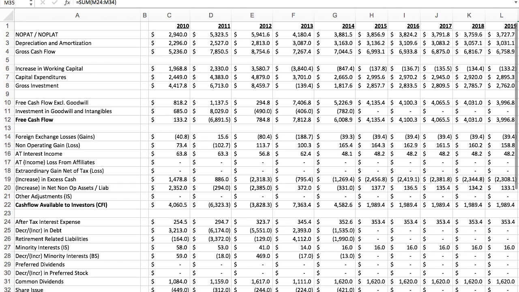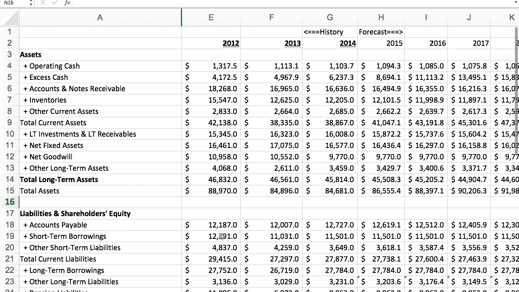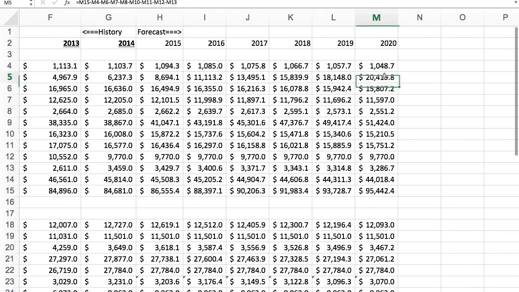And I'll give you a hint. It shows up in the balance sheet, and it's the growth of excess cash. So the excess cash eventually grows to $20 billion. So that's the point. From a valuation standpoint, what we're forecasting is the excess cash that can be distributed. From a valuation standpoint, what we're not forecasting is how the company is distributing it. What we know is that CAT will eventually have $20 billion that they can choose to distribute in any way